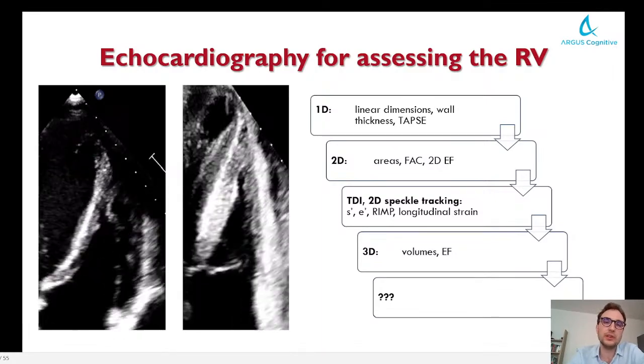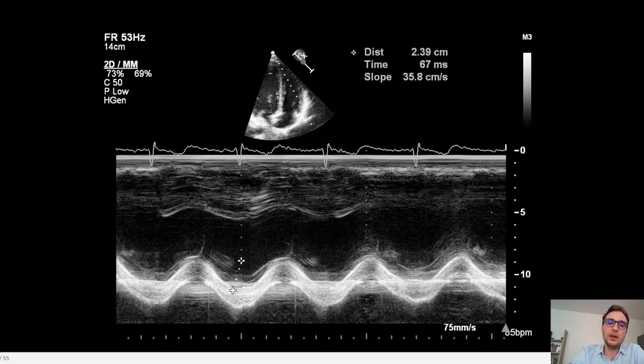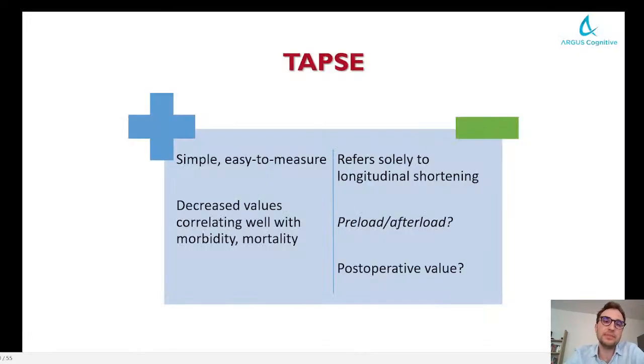First, let's take a look at the one-dimensional, so linear, functional parameters. Probably for the assessment of right ventricular function and longitudinal function, TAPSE, so tricuspid annular plane systolic excursion, is the most commonly used measure. So it uses M-mode imaging, and it quantifies the absolute displacement of the tricuspid annulus during systole, and therefore it's quite easy to measure and a quite simple parameter that we can use in everyday practice, which is a definite